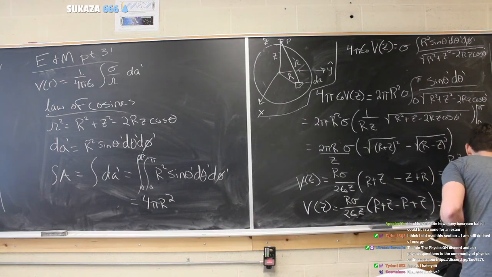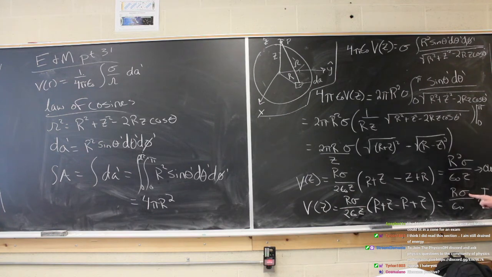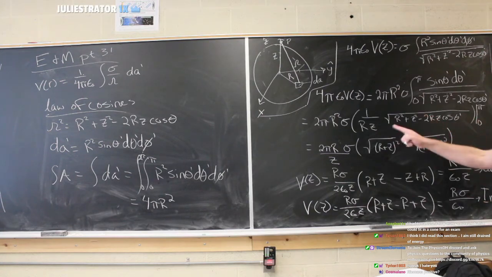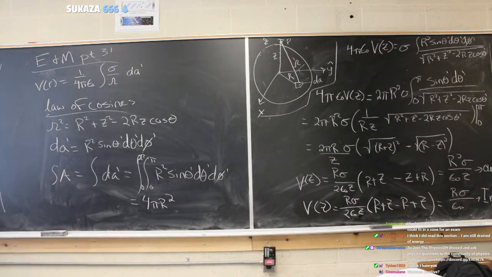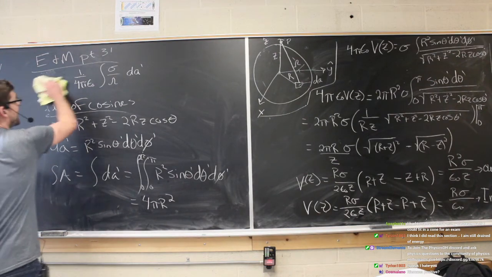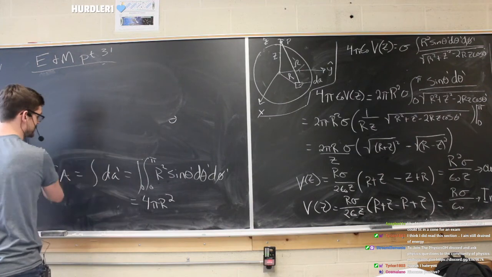Notice right now that sigma, remember I said sigma can't change, right? Sigma is a constant. It's a charge distribution. And then r is a constant, so this is just a constant. That's a good thing, because remember the potential is supposed to be a constant on the inside. That was one of the key things we found when we took the potential by finding the electric field.